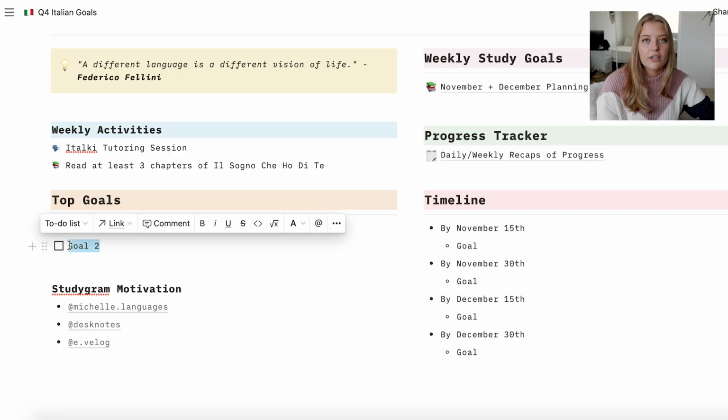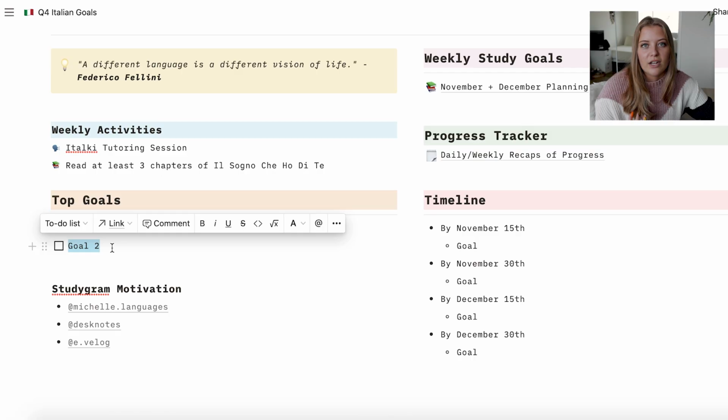Then my second goal is related to speaking, because speaking is my weakest part of my language learning. I feel like my comprehension is a lot further along than my speaking. So I thought, okay, how can I make a more tangible goal that's not just "speak better"? And what I decided to do was, by the end of the year, I want to be able to have an italki tutoring session, which would be 45 minutes, where I'm comfortably talking about myself or my day, or just